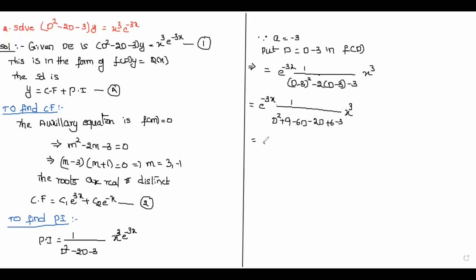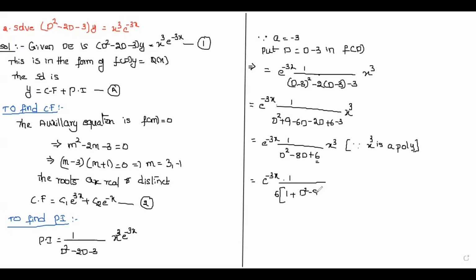So this will be equal to e power minus 3x into 1 by D square minus 8D plus 6 into x cube. Since x cube is a polynomial, you have to bring your least term to the outside of f of D, which is nothing but the constant 6 in this case. So this is equal to e power minus 3x into 1 by 6 into 1 plus